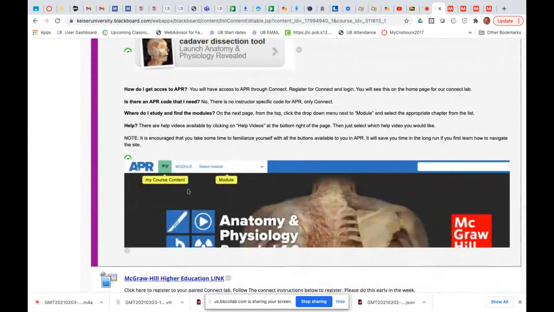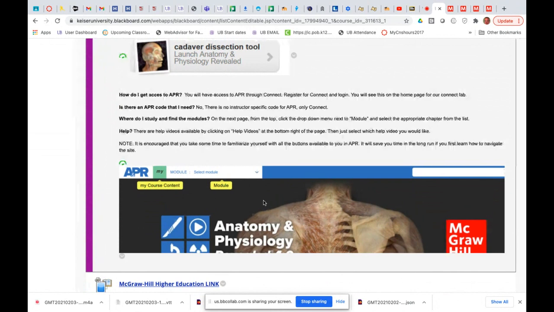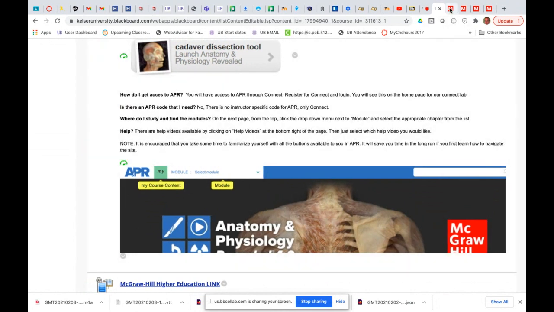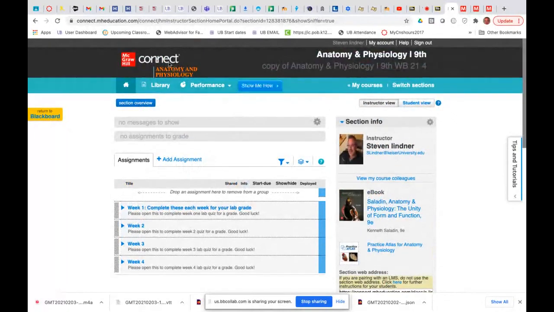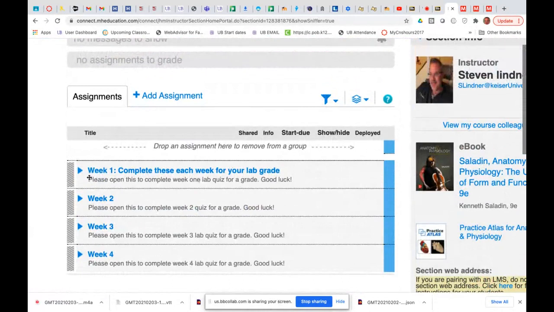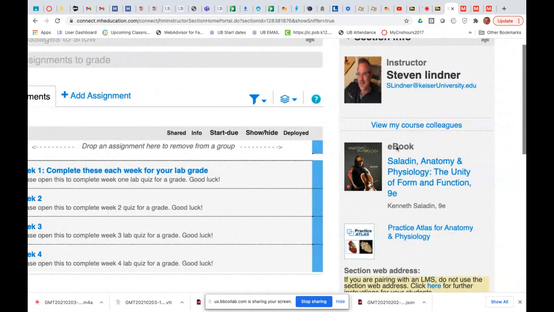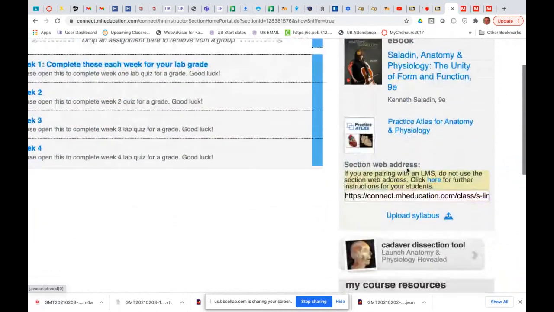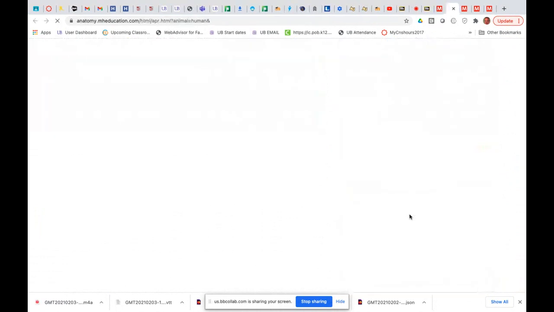Here's the APR. I'm going to show you what it looks like. When you click on Connect, this is going to open up right away. And this is where you see your week 1 quiz, week 2, 3, and 4. But over here, you can see your ebook for your textbook, and then you see your APR. Okay, so when you click on the APR,